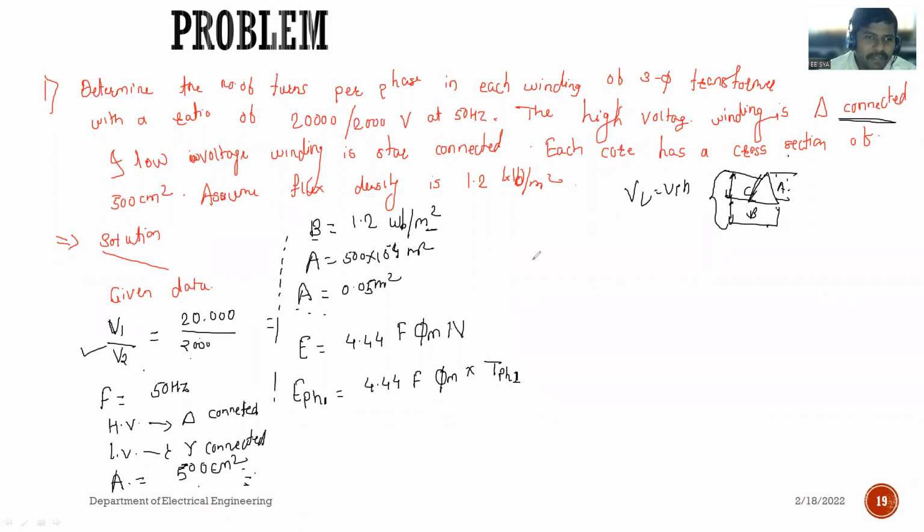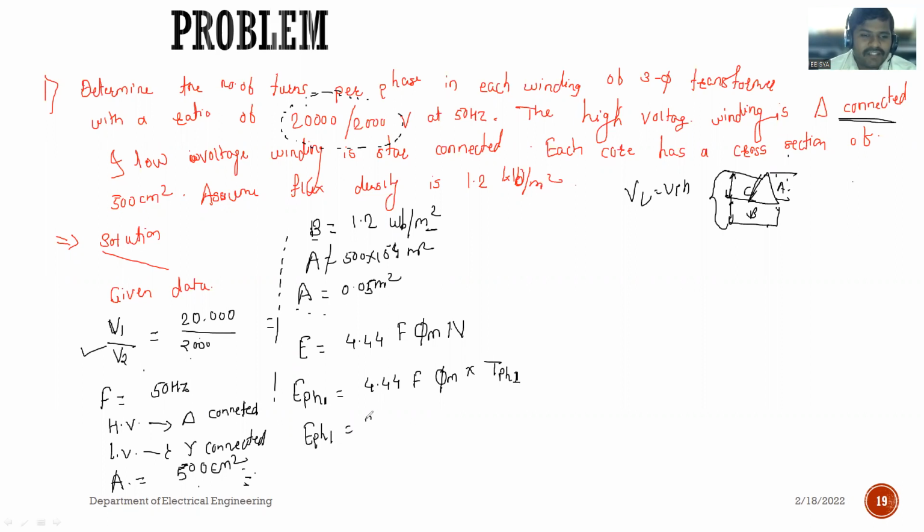So similarly, primary winding it is delta connected. So this value it can be given. ह्याच्या काय व्हॅल्यू दिलेल्या असतात त्या लाईन व्हॅल्यू असतात. So we want to convert this value into phase. Given value ज्या आहेत रेशो जो दिलेला आहे तो लाईन व्हॅल्यूचा रेशो दिलेला असतो. So we want to convert this into phase value. Then we are using a phase value. So see, in case of delta connected system,